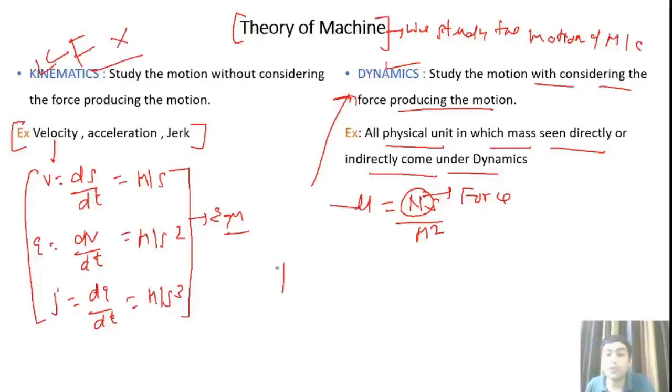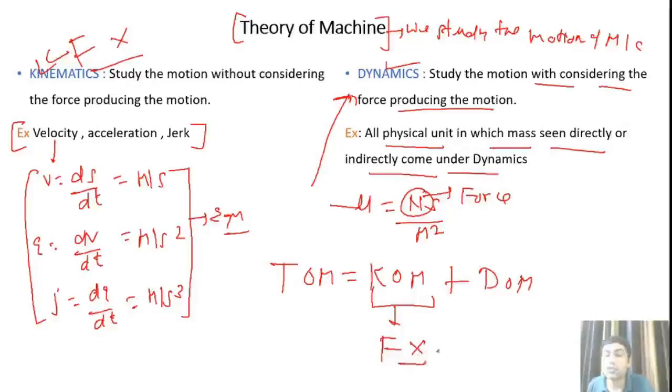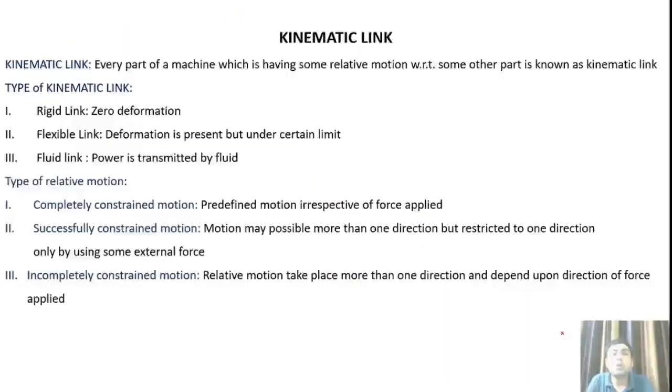So theory of machines is a combination of kinematics of machines plus dynamics of machines. In kinematics of machines, we study the motion by neglecting the force, whereas in dynamics of machines, we study the motion of machine by considering the force. Now, to move further, we have to go through some basic concepts, so that it is easier for you to read the subject thoroughly and not face any problem.